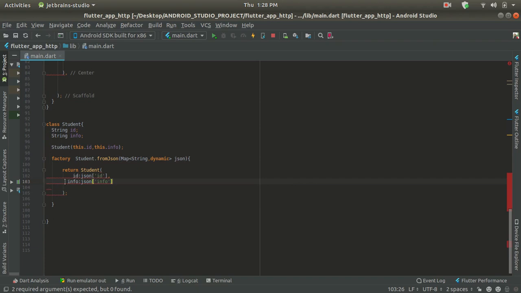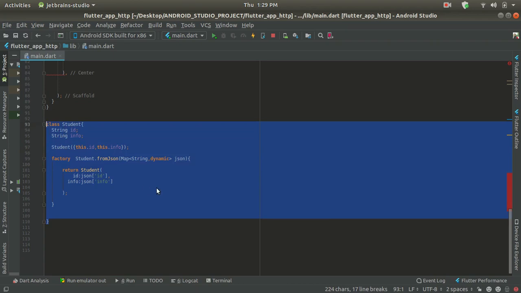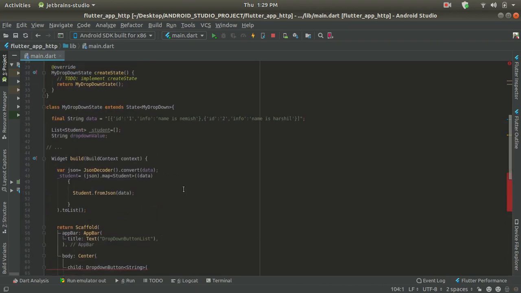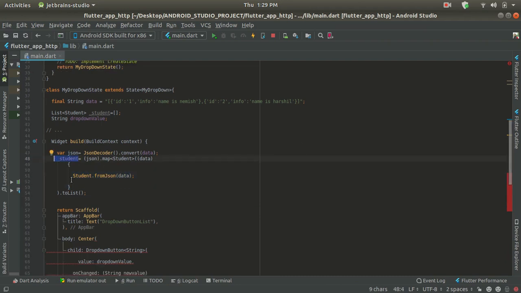Now as you can see, we are returning a student class object with this.id and this.info, but this is giving an error because we are providing a positional argument, but we did not mention this part in our constructor. So first of all use positional argument brackets over here so that it can resolve our error. Now you can see, because of these positional arguments, our error will be resolved and our data one by one will be passed to this underscore student constructor.